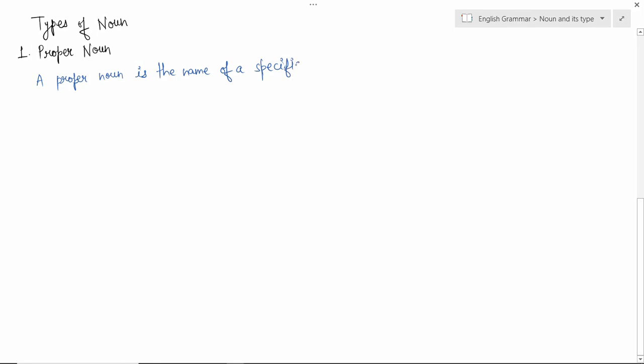Now understand the types of noun. Number one is proper noun. A proper noun is the name of a specific person, place, or organization. It always starts with a capital letter. For examples,